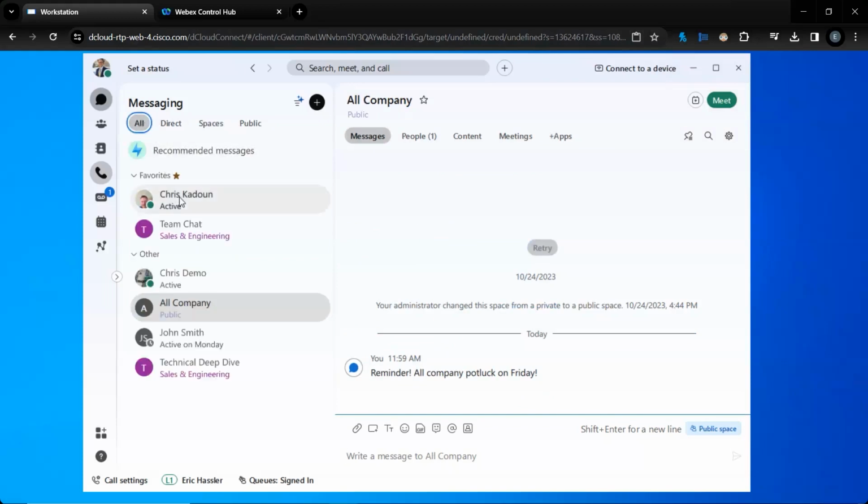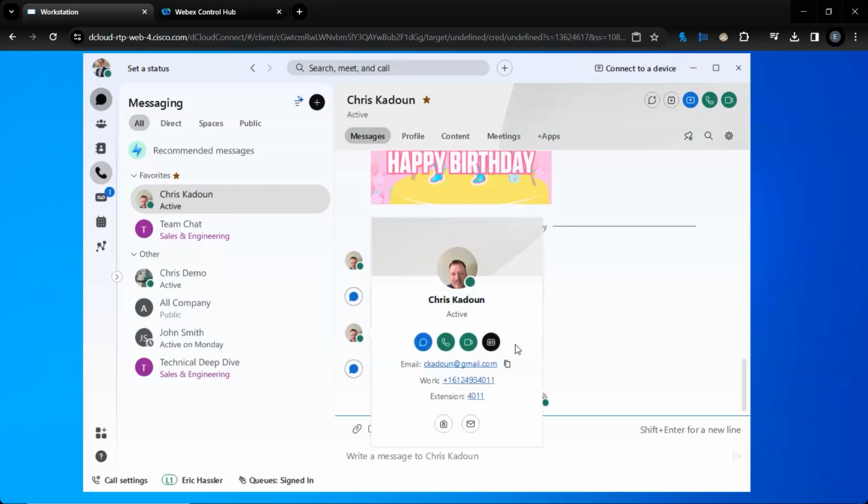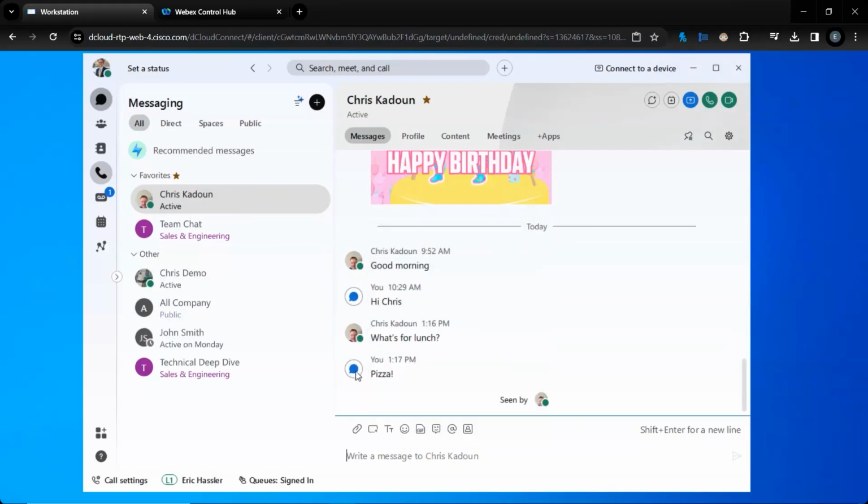When I am in one of these chats, if we go back to Chris, again, we can see his status. Let's say him and I were chatting, and now we really need to determine where are we getting pizza. Let's be more efficient with our communication. Stop chatting, just talk live. At any point, I can escalate this conversation to an audio call, again, just using the speaker and microphone in my laptop or my headset. I can escalate this to an ad hoc video call, as well as share my screen with him or schedule a meeting.